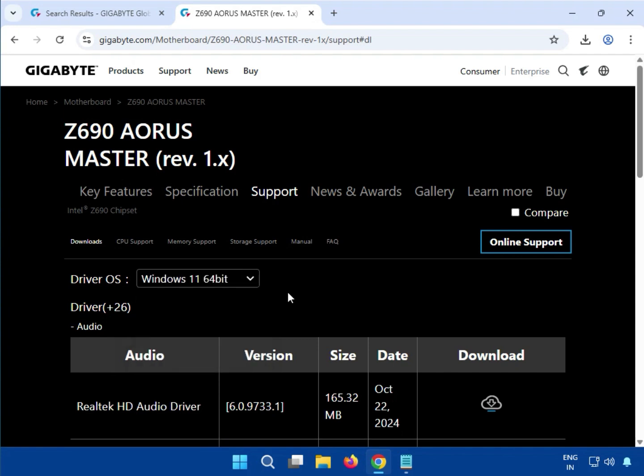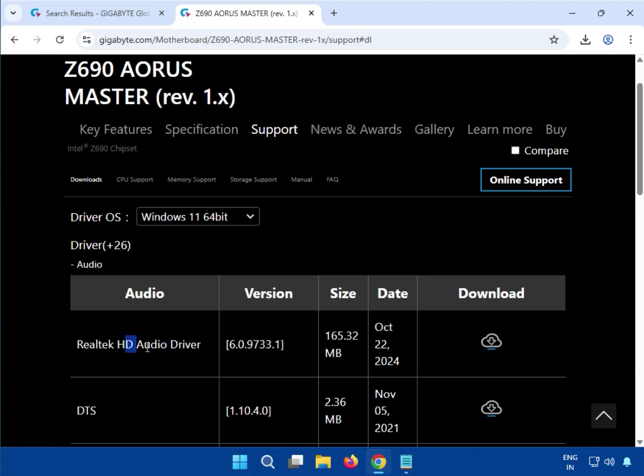You can see these operating systems to install any version driver. So this is the audio driver, just click to download here. You can see here,